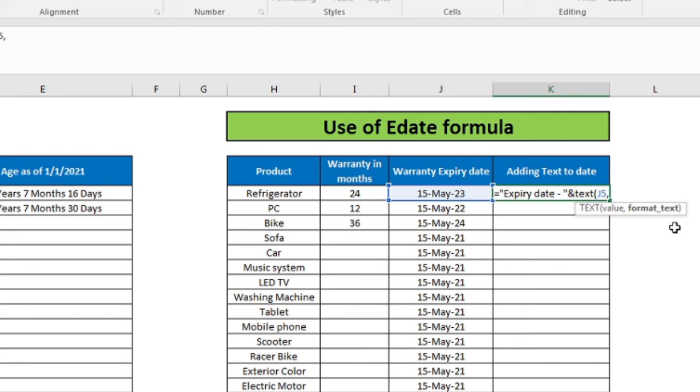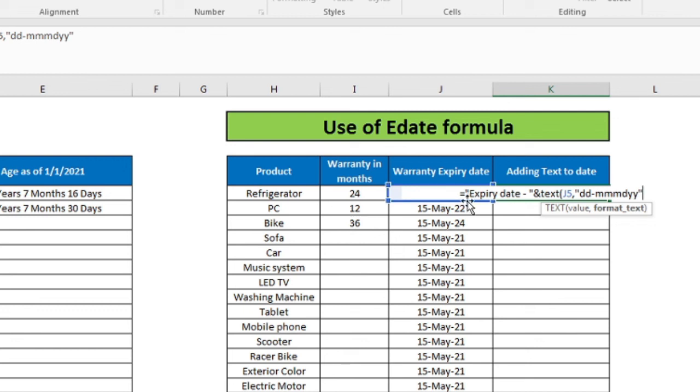I want to use a format like DD. So for that I am going to put double inverted commas, DD hyphen MMM hyphen YY and complete double inverted commas. Let us see what I put over here. I want to add the text before the formula, before the date.